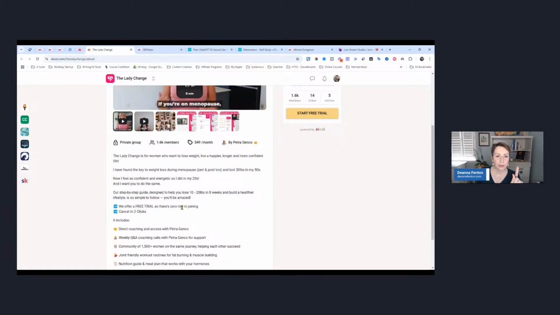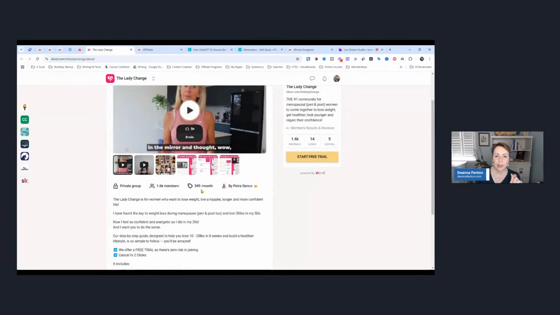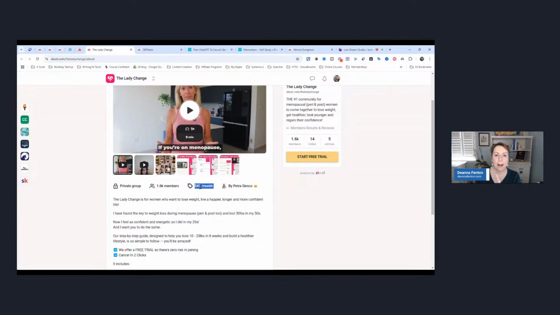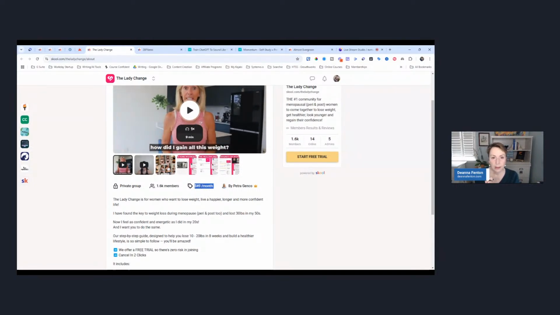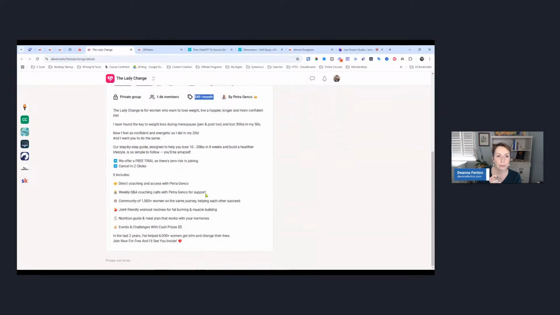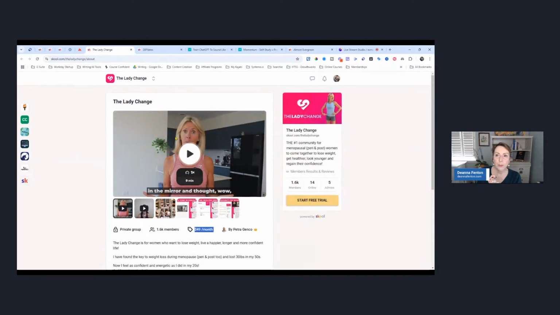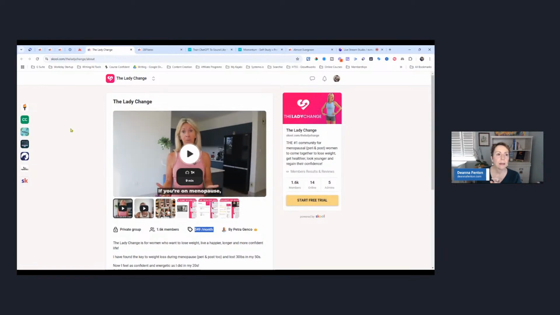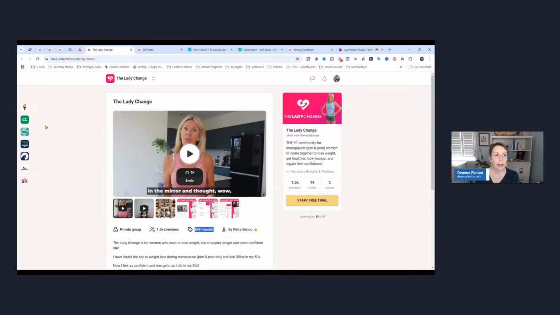She's got a free trial, but it's $49 a month. So she's saying, this is a free trial, but then once you sign up, it's going to be $49 a month if you don't cancel the trial. So this is how people are selling most of their communities.